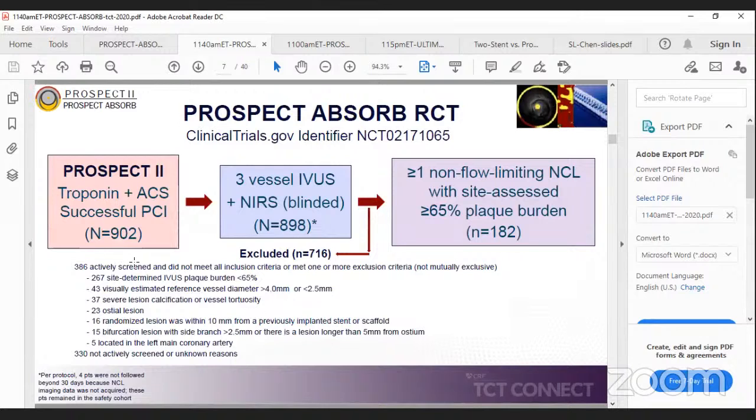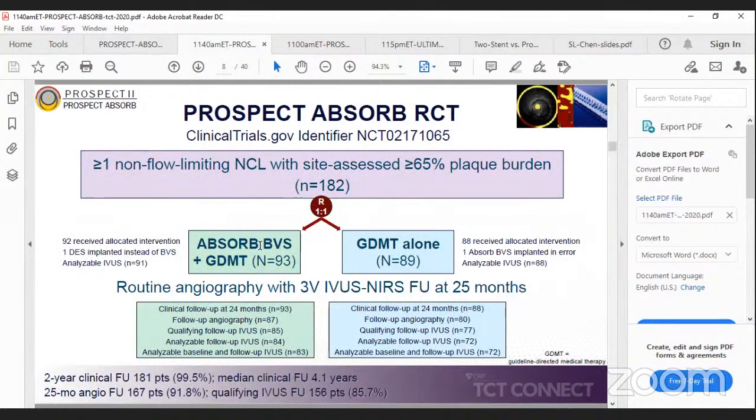So this is the PROSPECT 2 trial, which is the big trial, including all the patients performing the IVUS and the NIRS. This is 900 patients. Of those patients, we chose only 182 that apply to this definition. They have more than one non-flow limiting, non-culprit lesion with 65% plaque burden by IVUS. So these are the qualifying patients, which is 182 patients. I took those 182 patients to be divided into 2 arms, half and half, absorbable BVS plus therapy versus guideline therapy alone. And I performed the angio and the 3-vessel IVUS NIRS